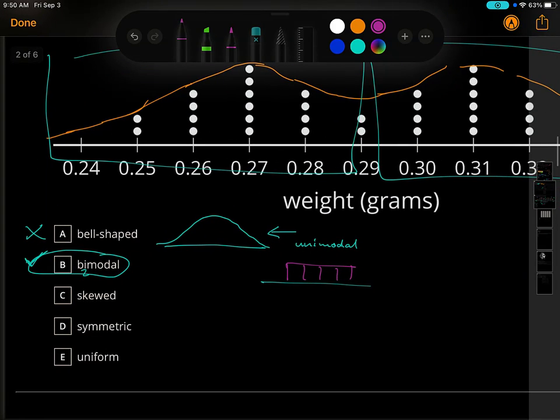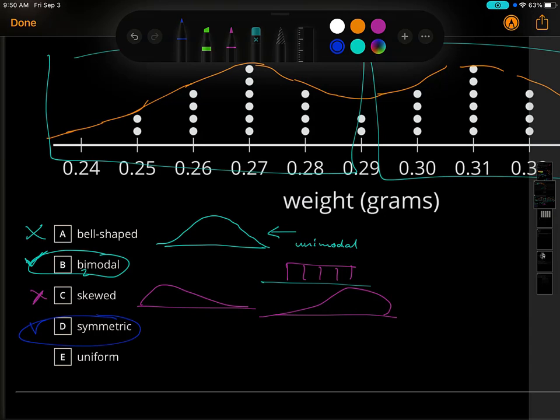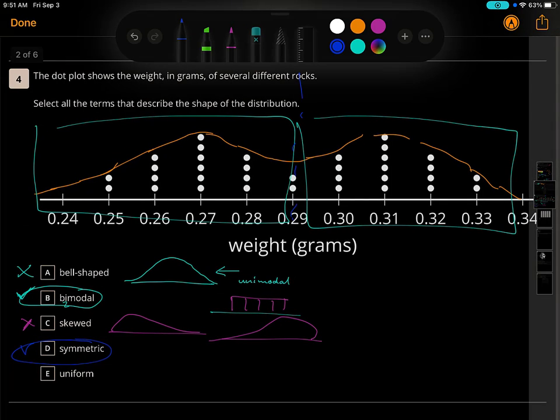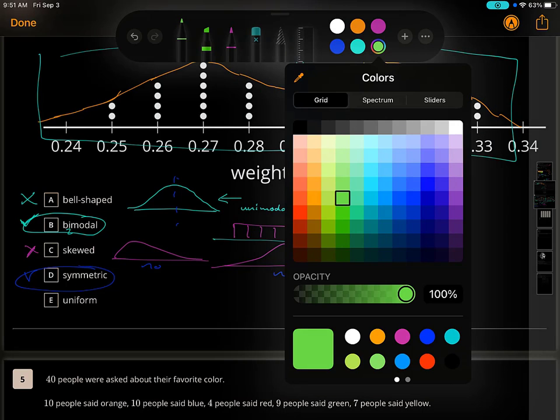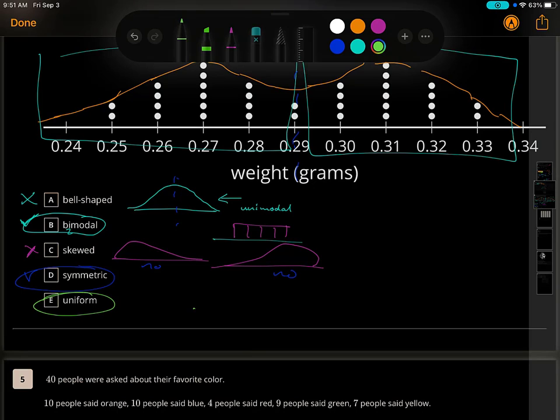Okay, it's not skewed, because remember, skewed would have tails going in that direction or this direction. Okay, symmetric, yes, because remember, you can cut it in half. It mirrors the left and the right. This is symmetric. No, this is not symmetric. This is not symmetric. And you can also say that this one is uniform. Basically the data matches, right? There's 2 dots here, 2, 4, 4, 6, 6, 4, 4, 2. So bimodal, symmetric, and